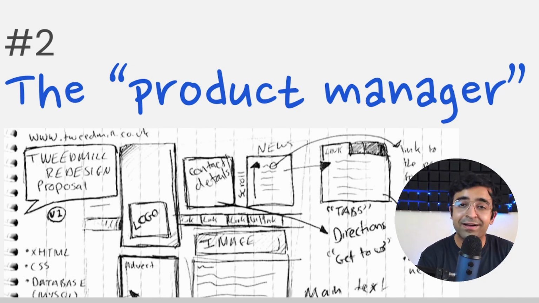Man, I love these kind of product managers because these product managers have an understanding of design. They are able to figure out what can and cannot be done, what is affordable, what is feasible, and what takes how much time to build. This kind of product manager wants to actually understand how design works. He will often ask you questions about design and of course will ask for feedback on wireframes like this.